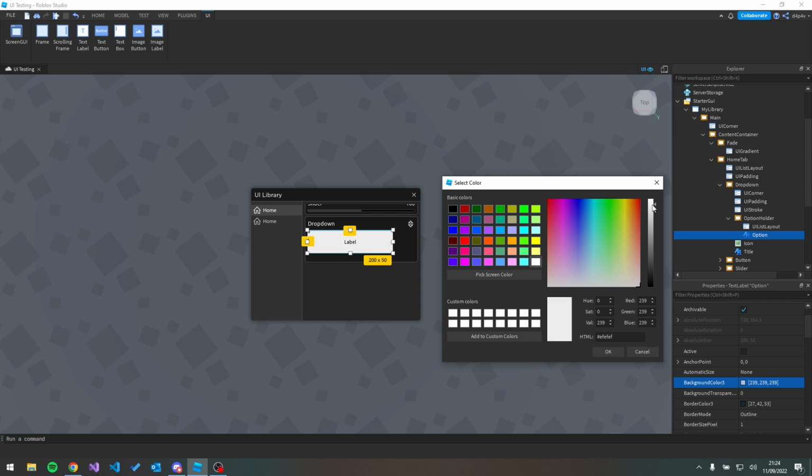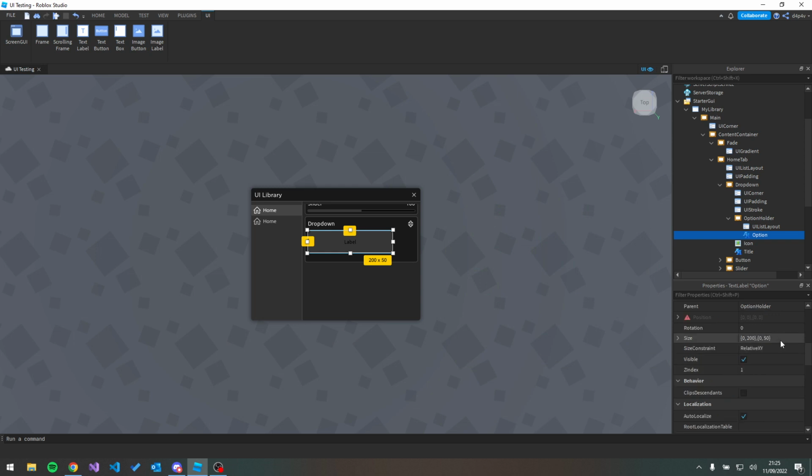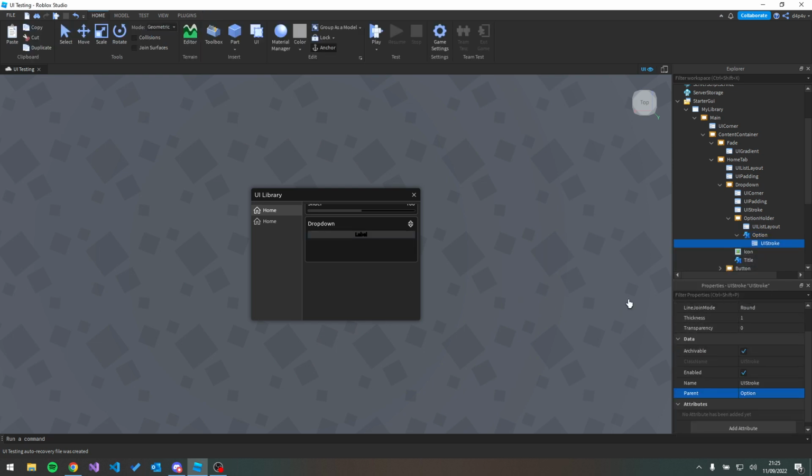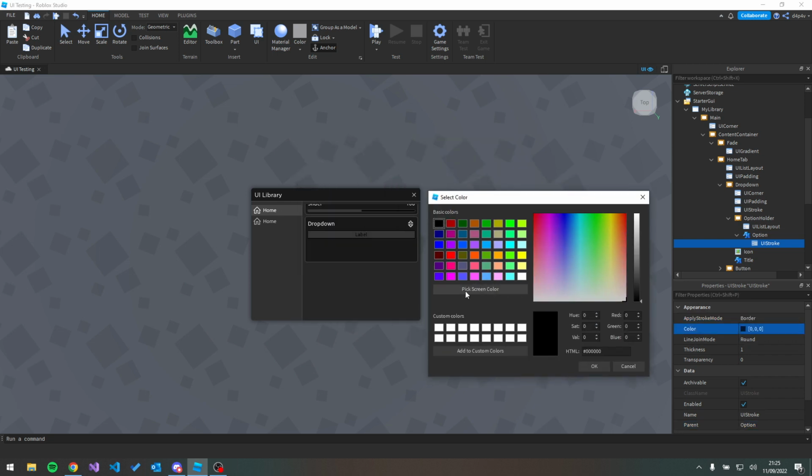Change the background color to something like this from the slider. Want to stay somewhat consistent with your colors. A reasonable size, and I'm going to have a UI stroke right here